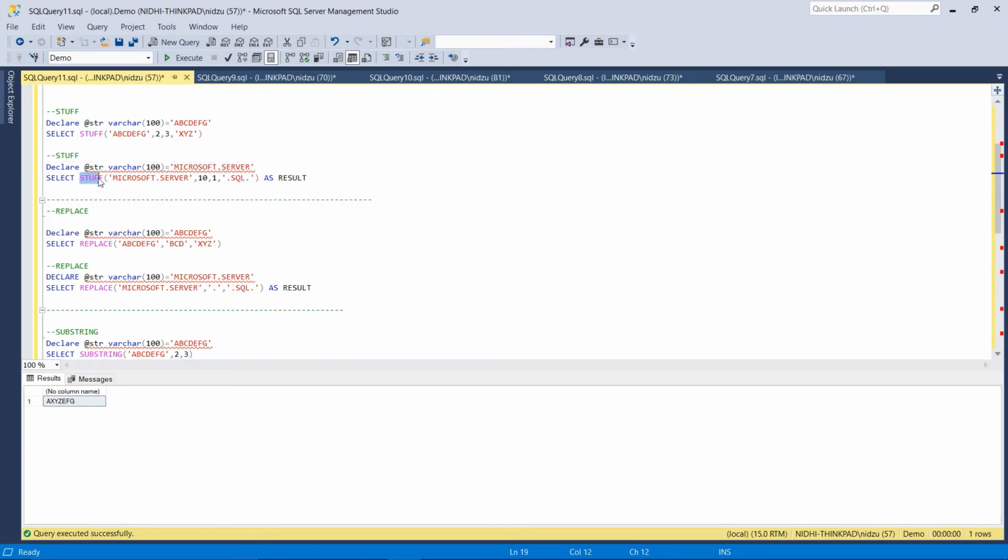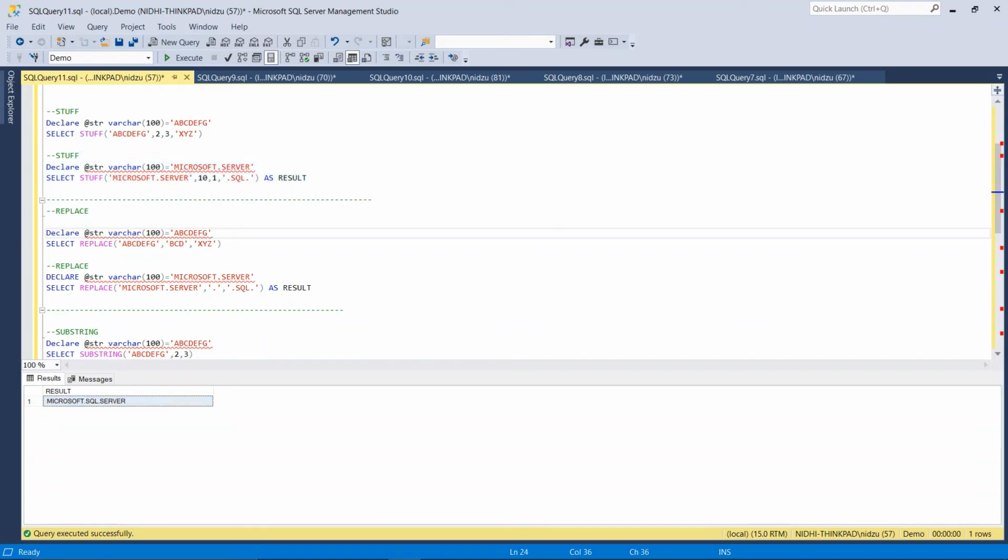I have taken STUFF, I have taken the original string here, and Microsoft is a 9-letter word, so I want this dot to be replaced by .SQL. So I will start from the 10th position, and I want to replace one character, this dot only, with .SQL. When I execute this query, I will get the desired result as Microsoft.SQL.server.